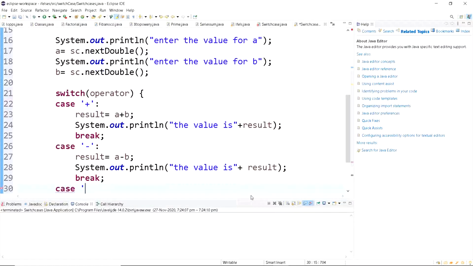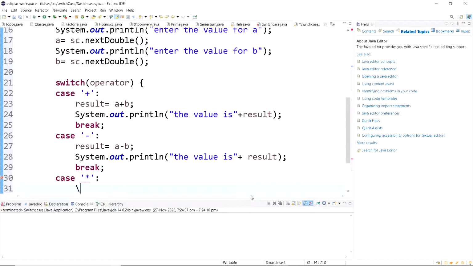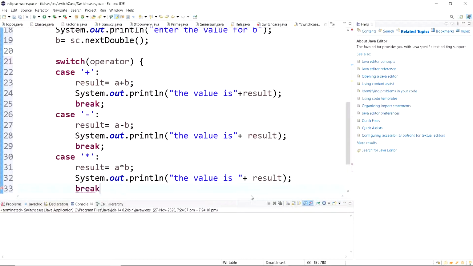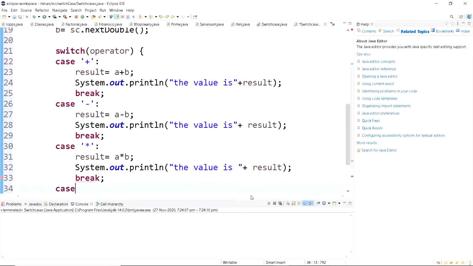The third case is multiplying: result equals A into B. Then this is how the value is result, then break. The next case is divide by, which is represented by slash.